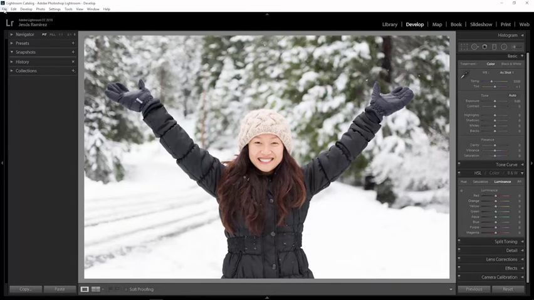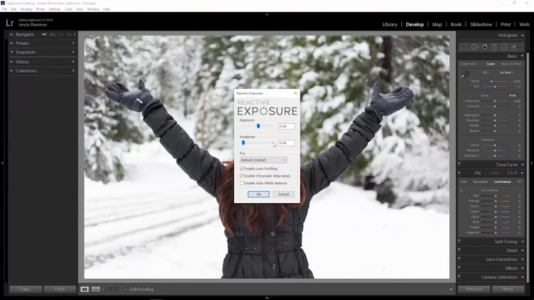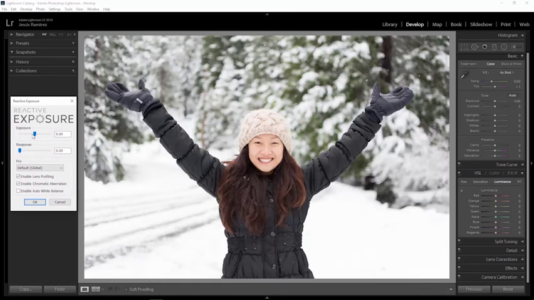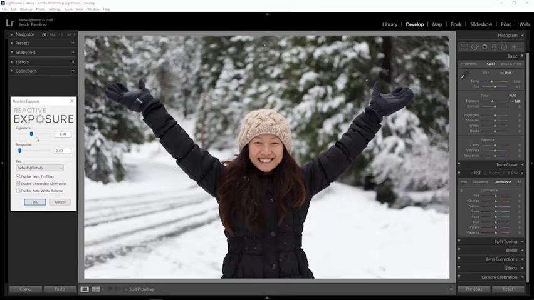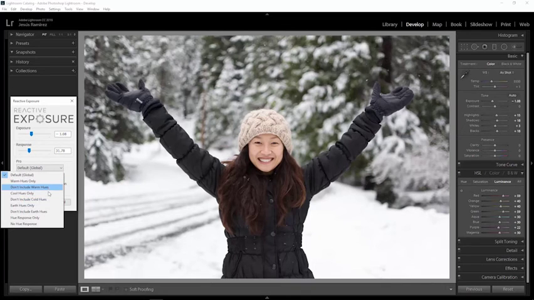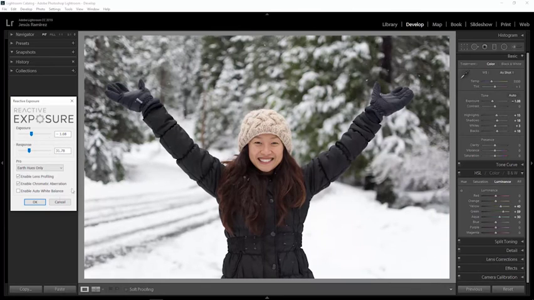And of course, you can make exposure adjustments to this image. So let me go ahead and just make some adjustments. I'm just going to bring the exposure down just a tiny bit, just so we can get a little bit more detail on the snow in the background. And I'm going to use the response slider and bring that over. Notice the changes here under luminosity and under highlights and shadows. In this case, I probably want to only affect earth hues. So as you can see, we're only affecting these colors here, which include the greens in the background,